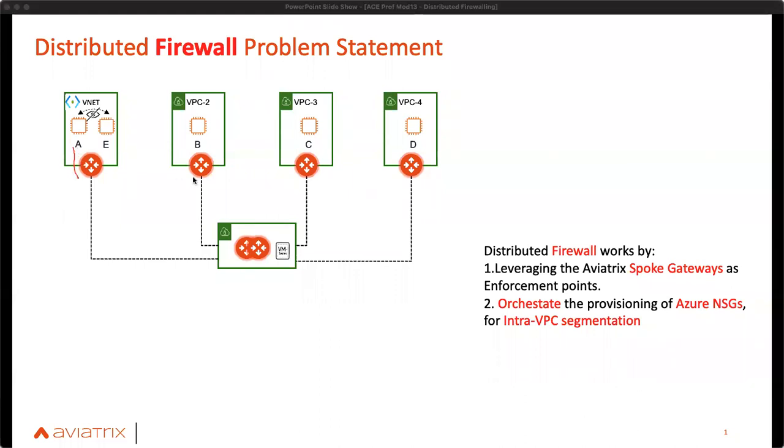So in addition to being the fabric and the data plane, they also become your firewalls. And your whole fabric becomes a cloud distributed firewall that is very near to your workloads